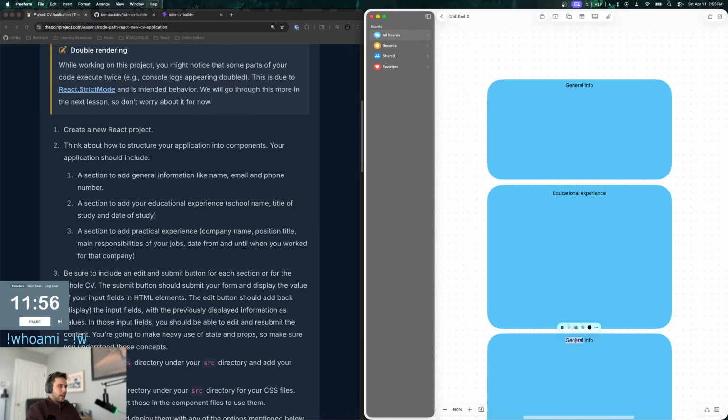And down here will be practical. So then I'm gonna make this a different color. Maybe like white. So we'll have our name here.